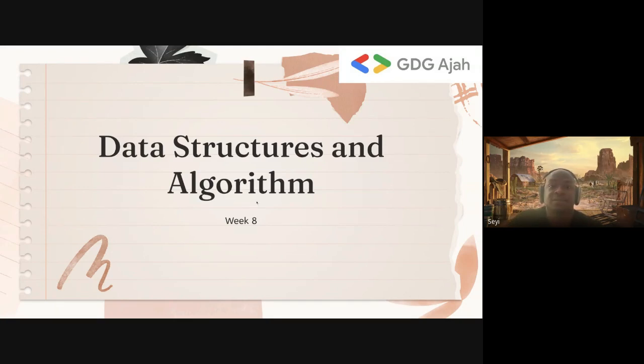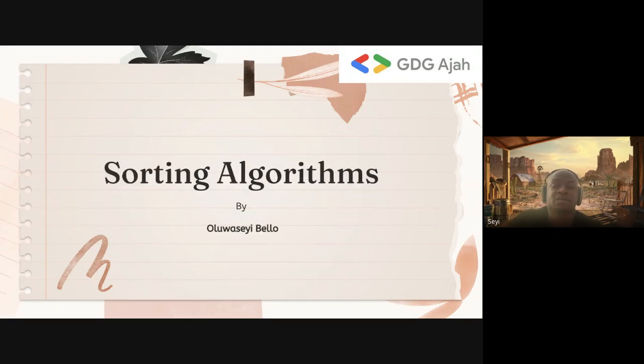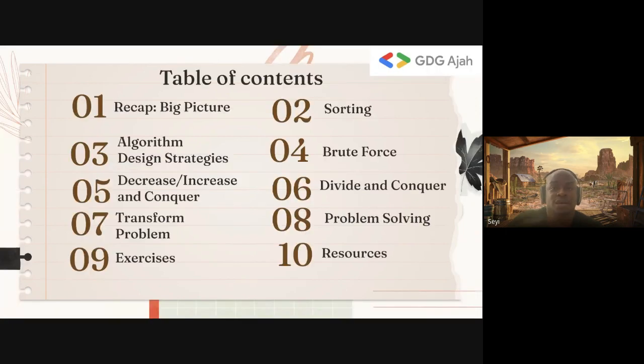Let's start. We are discussing sorting algorithms, and coming up with ways to teach them is kind of difficult because they're just algorithms, right? But the major thing I'm trying to achieve is to build your intuition, so you can look at sorting algorithms and know different problem-solving strategies from there.